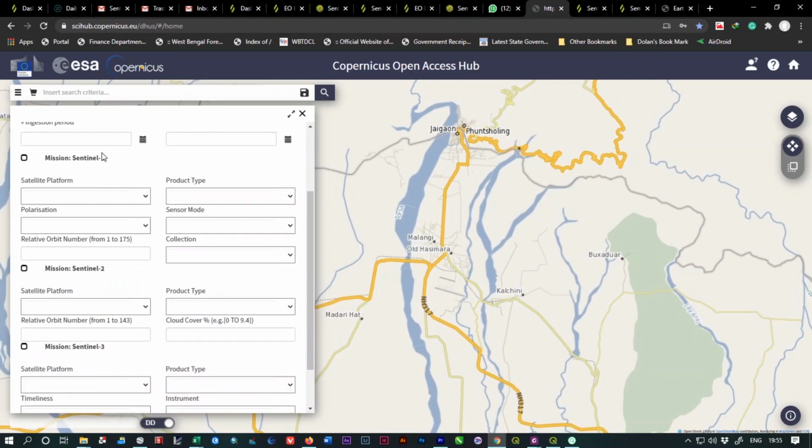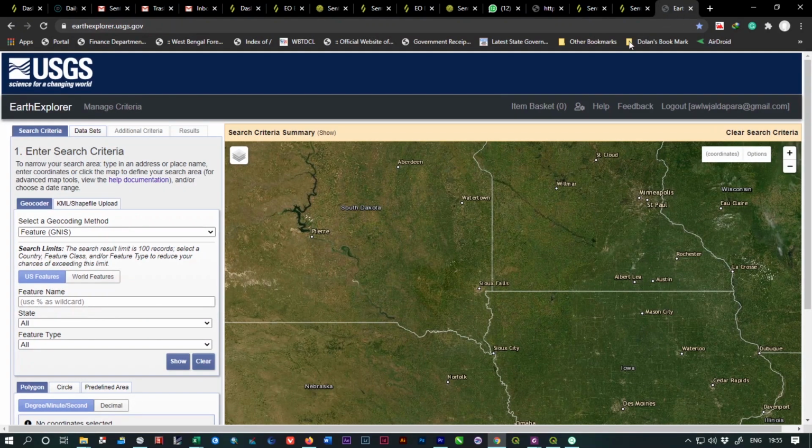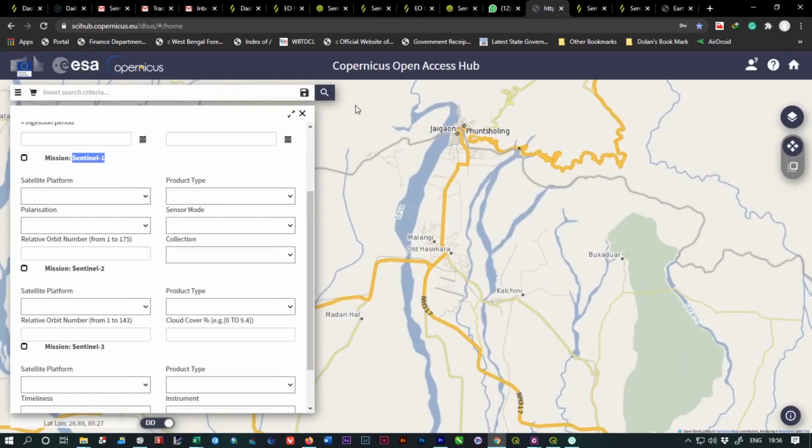Here you can find Sentinel-1 data also, but on the USGS website I think you can find only Sentinel-2 satellite data, while scihub.copernicus.eu lets you download Sentinel-1 data as well. So our concern is Sentinel-2.